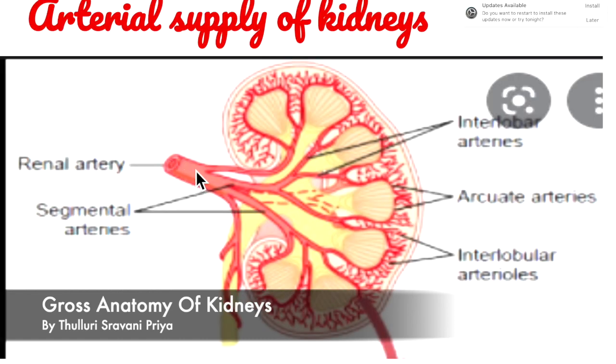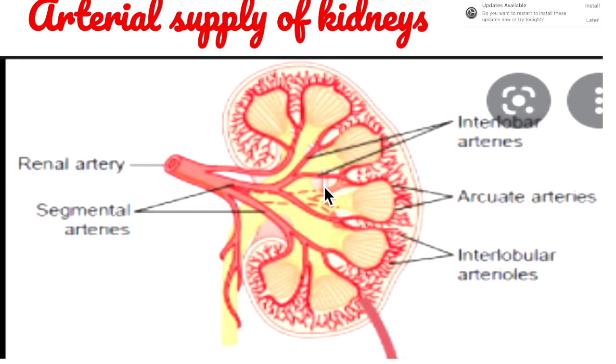The renal artery gives the ventral branch, and from the ventral branch come 4 segmental branches: one to the apical level, one to the lower level, one to the upper anterior, and another to the middle anterior. After that, these segmental branches form the interlobar arteries. These interlobar arteries pass between the renal pyramids and arch over the base of the renal pyramid to form the arcuate artery.